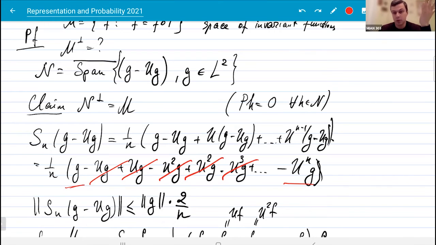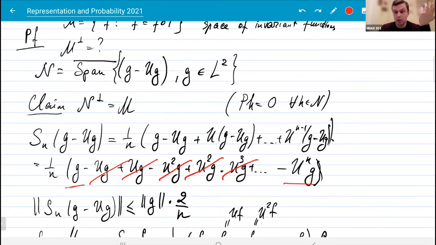And I want to deal only with closed subspaces, because only for closed subspaces the natural geometric arguments work. For example, this idea of the orthogonal complements. So I take the closure of all such elements of the form G minus UG,